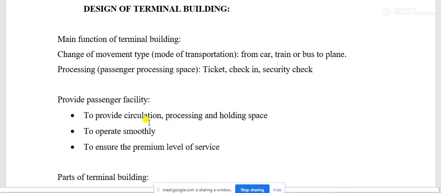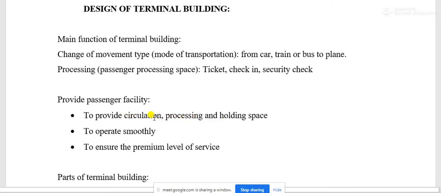If someone is entering an airport, first of all he or she has to get some space to circulate, carry out all required jobs, process the mandatory formalities, and a waiting space. These three basic functions have to be provided to one who intends to travel by aircraft.